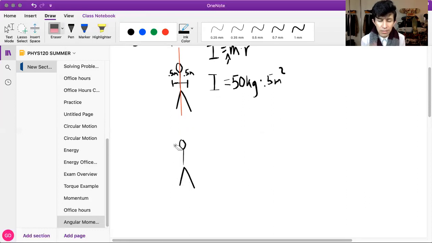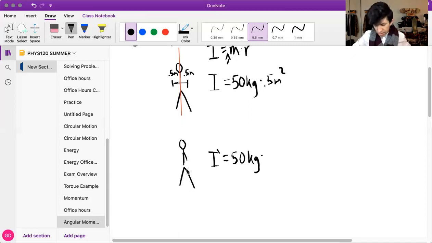It's still rotating right there, right in the middle. But if their arms are all together, the radius has decreased. So now their new moment of inertia would be 50 kilograms times, say, whatever the length of your torso is, split in half, and we can end up with